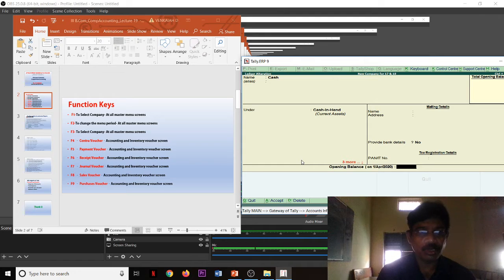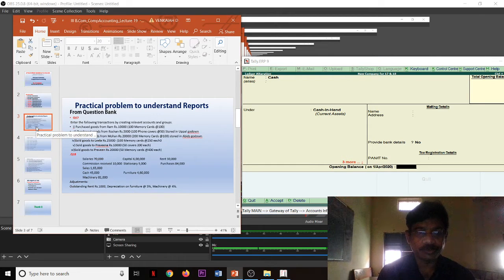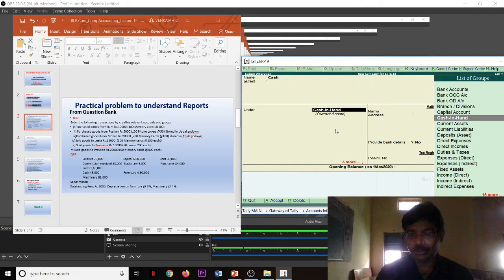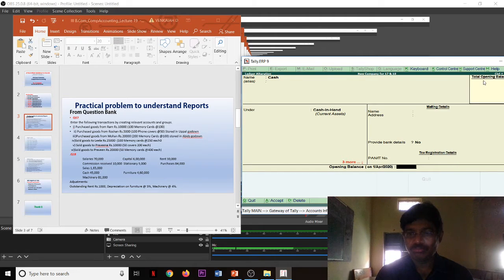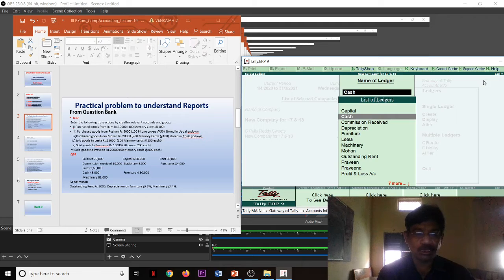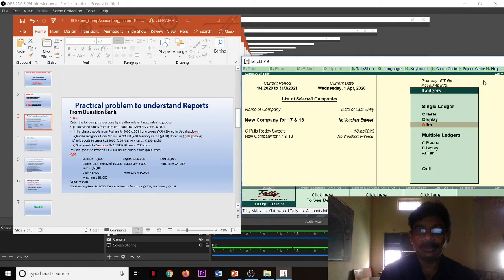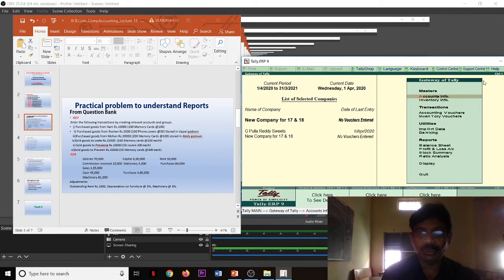Give the amount, how much? 45,000, I think. Yes, 45,000. Opening balance 45,000. Only by this method we can enter the cash opening balance, because cash is already created by Tally. We cannot create cash like the ledgers which we created earlier.